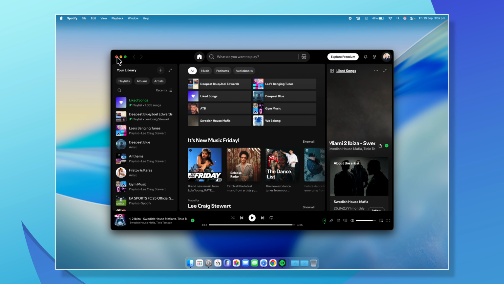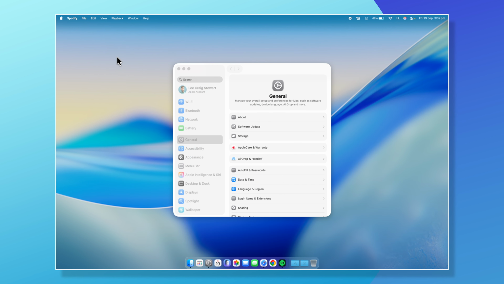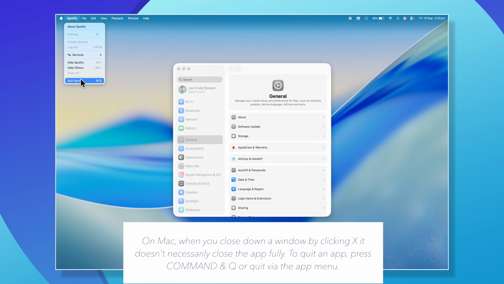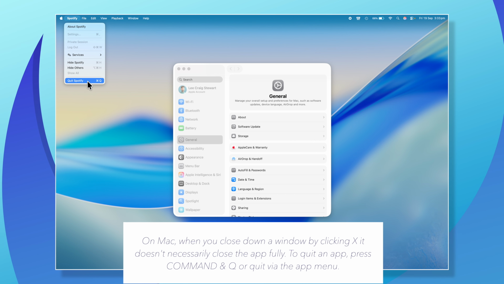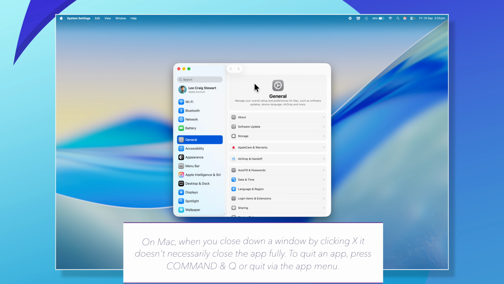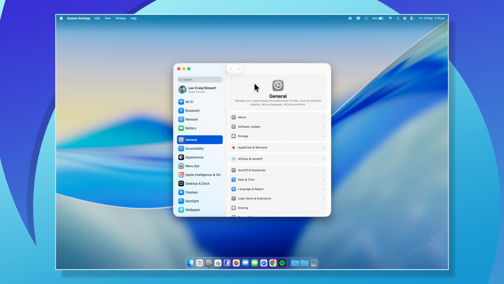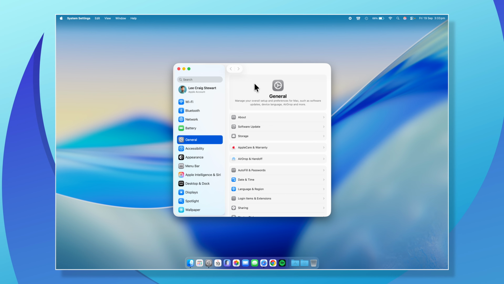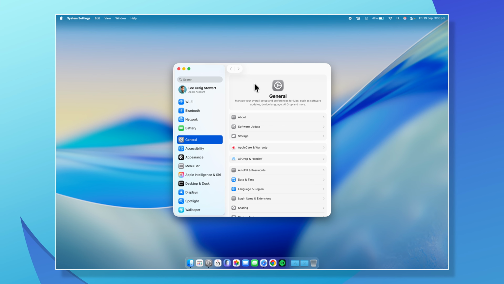So some apps you can close and they're gone, but the only way to close down apps for good and get rid of these dots on the dock is by pressing quit or Command Q. For me, when I first started using Mac, that was a bit of a learning curve because I saw a bunch of dots in my dock and I didn't know why. So there you go.